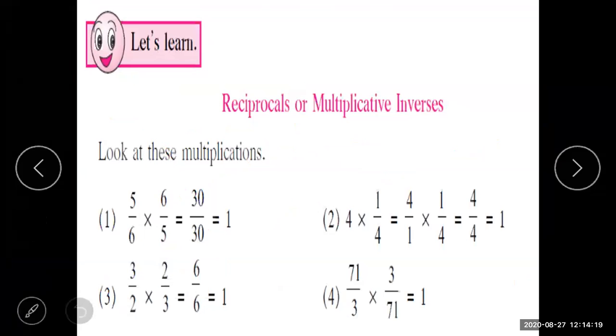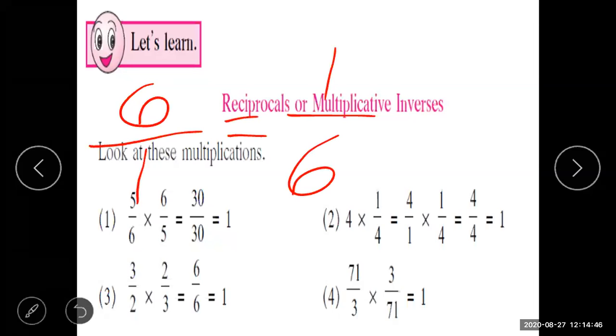Now, how will you write a reciprocal or multiplicative inverse? I will write one example over here. If I write a number 6, I told you to write it in reciprocal form. Here 6 is a single number, so you have to write 1 down. So the reciprocal of 6 will become 1 upon 6. I told you opposite means you have to invert it. So if a single number 6 is given, what is the reciprocal of 6? It is 1 upon 6. We assume that the denominator is 1, so it converts into 1 upon 6.